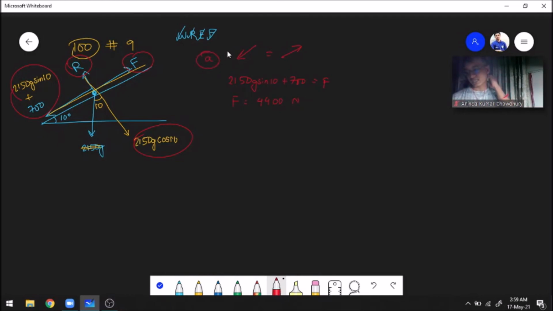Now, the driver brakes suddenly. In the subsequent motion, the car continues to skid and comes to a standstill after 40 meters. So we have a situation where the car was traveling at a speed of 22, and then it goes a distance of 40 meters and comes to a standstill, basically a 0 meter per second velocity, from 22 meters per second to 0 meters per second after traveling a distance of 40. From there we have to find the coefficient of friction. So that is later. First of all, we have to